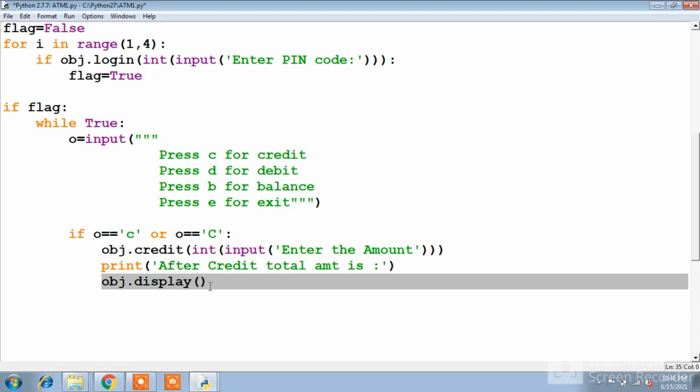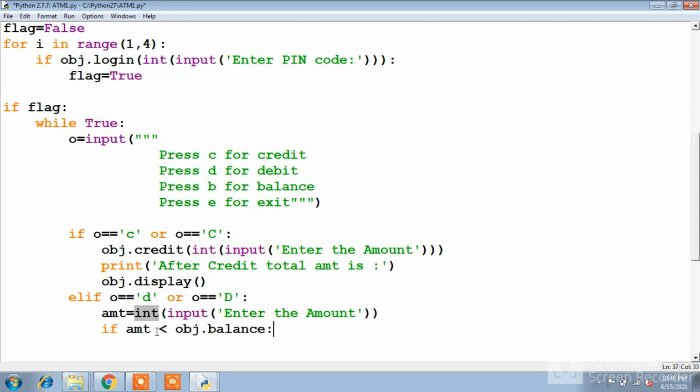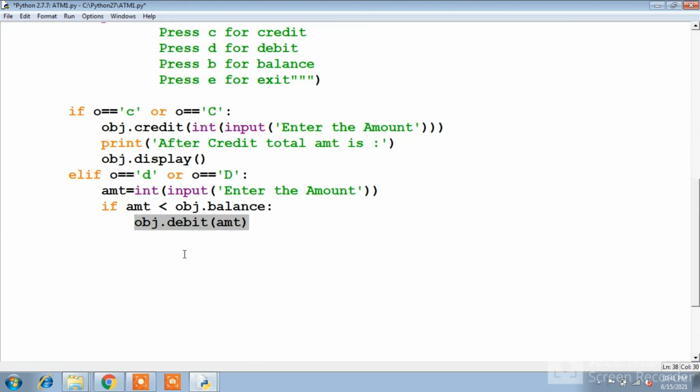If the selected option is D, then I am entering the amount and converting it into an integer. And just before performing the operation, I am checking whether the amount is less than the balance or not. If it is less than the balance, then I am calling the debit function by passing the parameter amt.